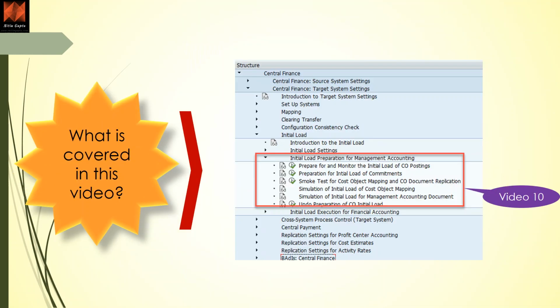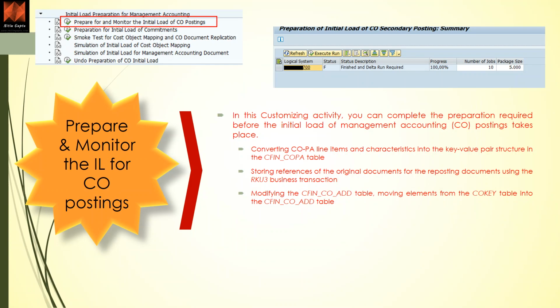In video number 10, we will cover initial load preparation for management accounting. In the last video, we talked about initial load settings. Now we will talk about preparation for CO. When we say management accounting, it is for CO. So the next part is, the first point in this configuration node is prepare for and monitor the initial load of